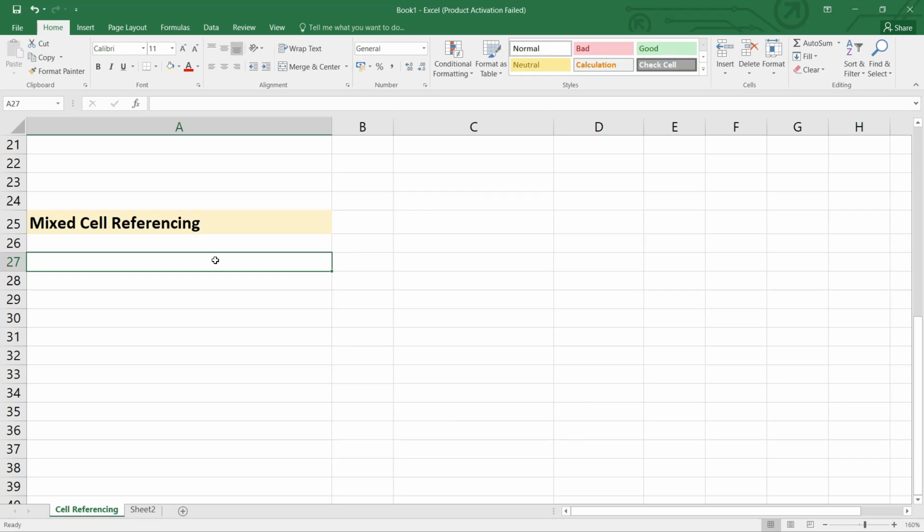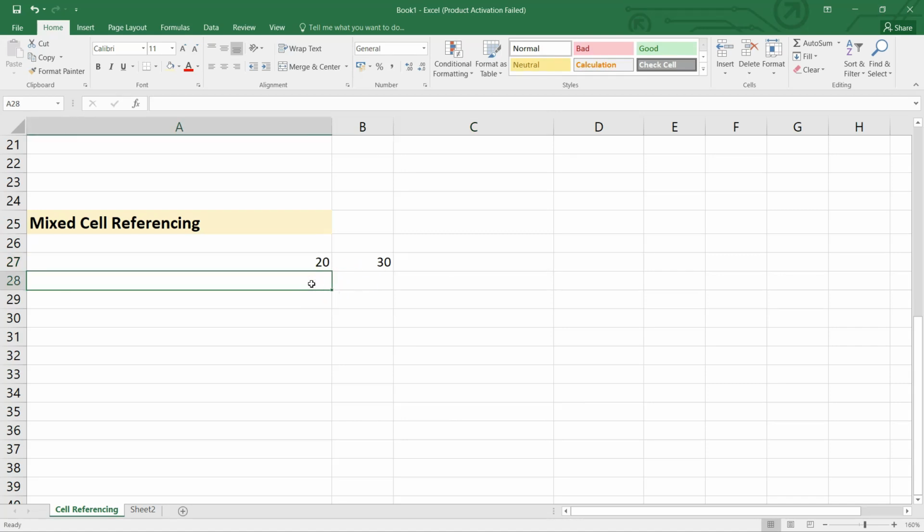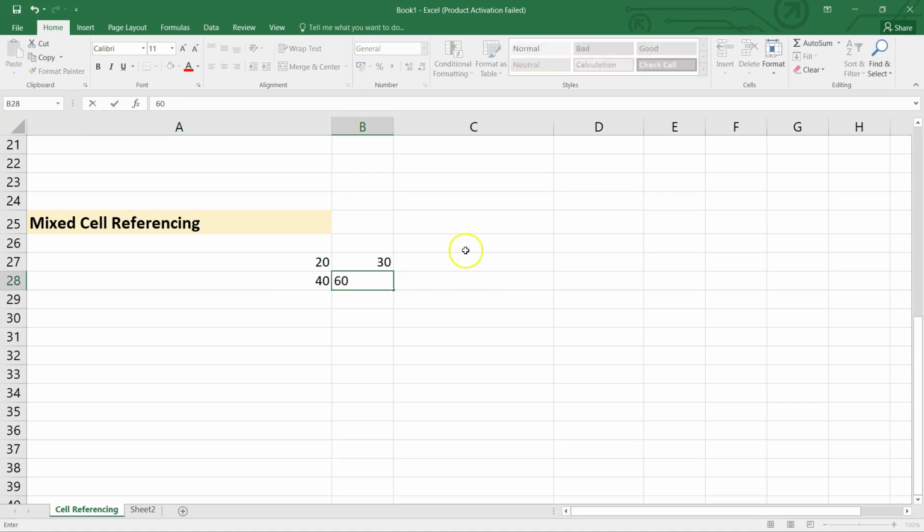Remember that both the items will not get locked. Only one of them will get locked. All right. So let's see how we go about it. Let's say I have a value 20, I have a value 30 over here. And the next, I'll just put in some values, 40. Any random values we can try. And let's see how we fix it.